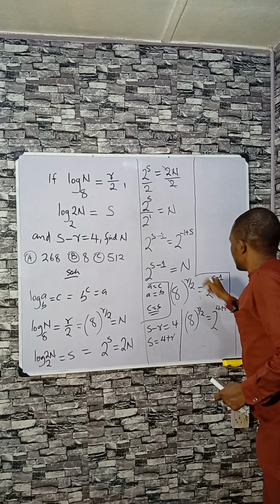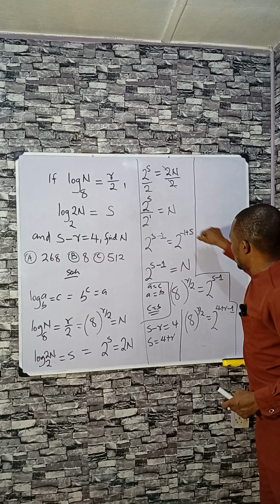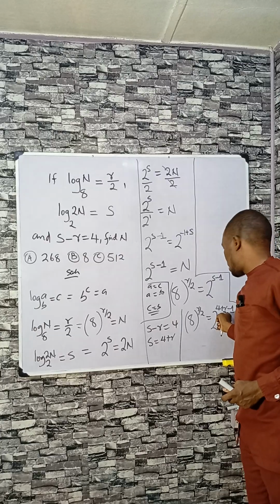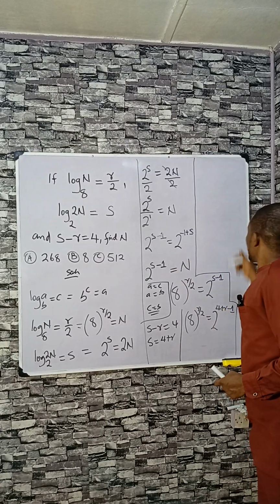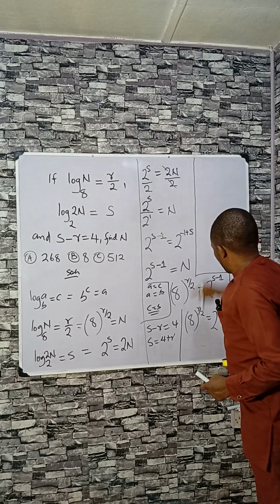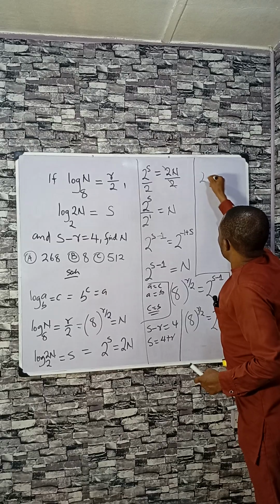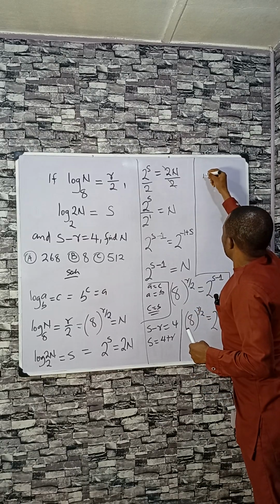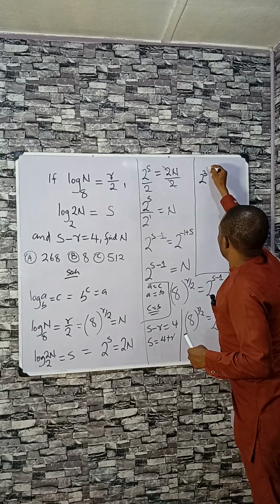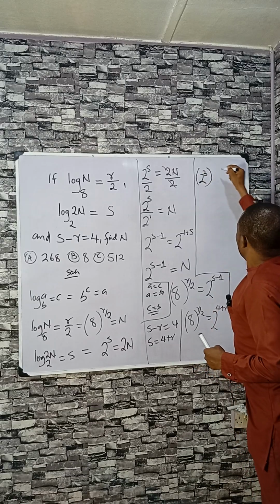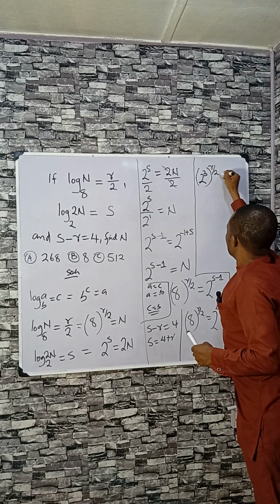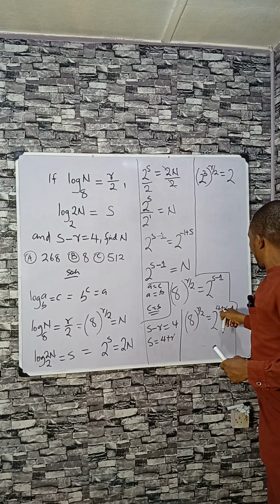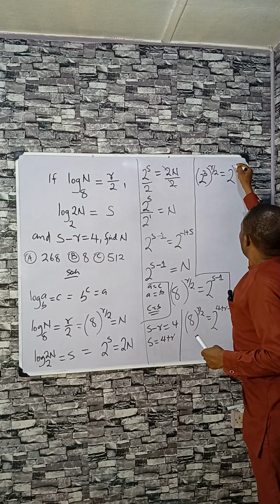The reason I kept this as minus 1 plus s is so that I can just bring it directly. Some person may not agree with this, but it's correct. Whether I use this or this is correct. You can do something here. 2 raised to the power 3 is 8. So 2 raised to the power 3, r divided by 2, equals 2 raised to the power 4 minus 1 is 3, and 3